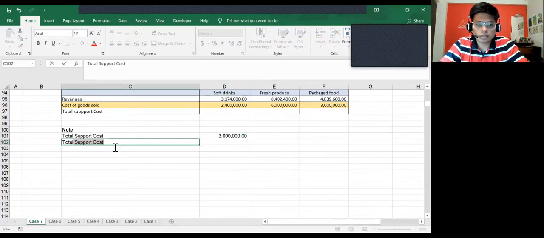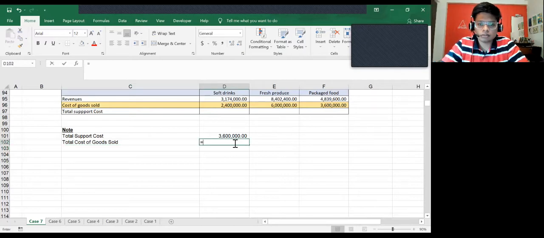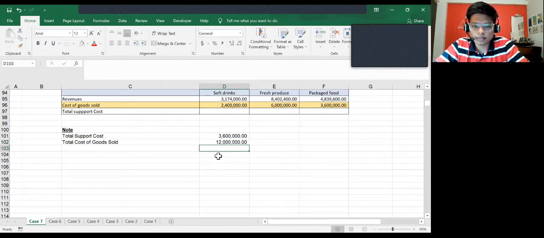And then total cost of goods sold. Total cost of goods sold is this one. So equal to sum, and then choose these 3 and close brackets. So it's 1 crore 20 lakhs.